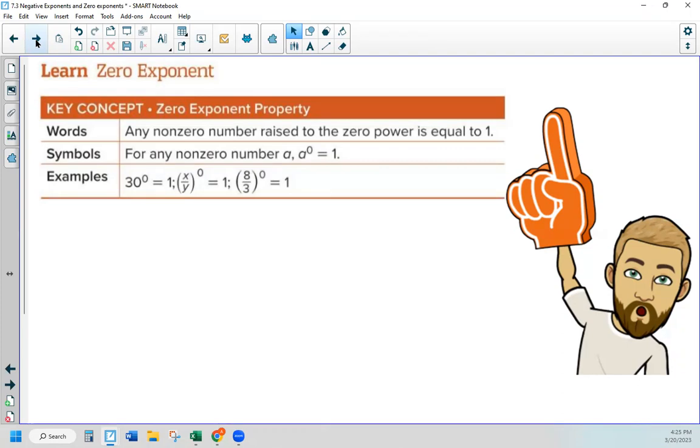So from the book, learn the 0 exponent. Key concept, 0 exponent property. Any non-zero number raised to the 0 power is equal to 1. Once again, any number that is not 0 raised to the 0 power is equal to 1. Guys, any number